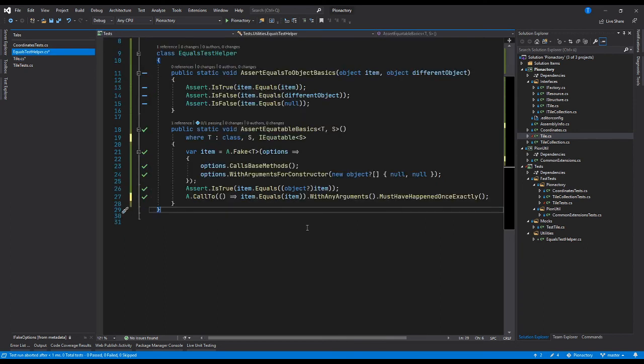Bam! It worked. I'm not sure if I want to take all these issues though, because now the classes have to be public and the equals method has to be virtual, or it will not work. But it works. I'm very happy about that. That's really cool. And now let's actually do